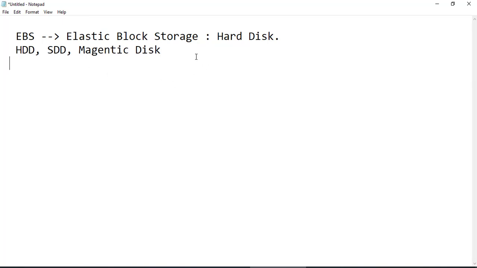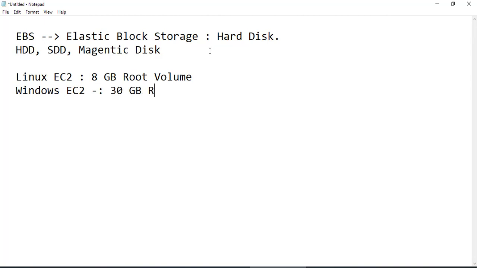So now, an important step here is that for a Linux EC2 machine, we have 8 GB of root volume. The root EBS volume is automatically allocated for this particular machine. And when we go for a Windows EC2 machine, we have already seen that it gives 30 GB as the default root volume. Again, as I told you, this is based on the operating system and the kind of software we are going to use. So based on that, AWS has given this default root volume for Linux and this default volume for EC2.